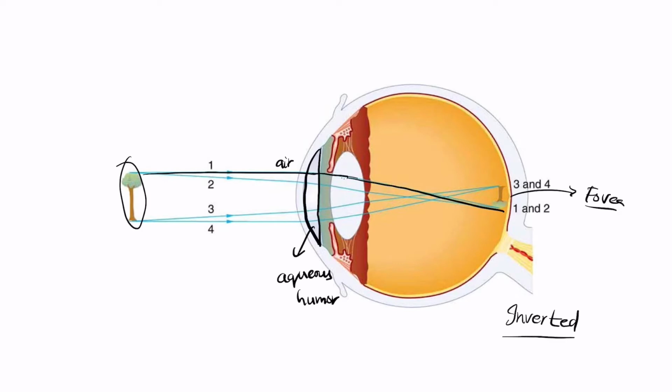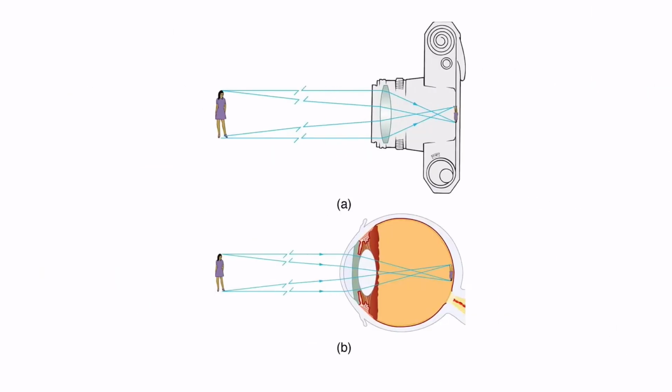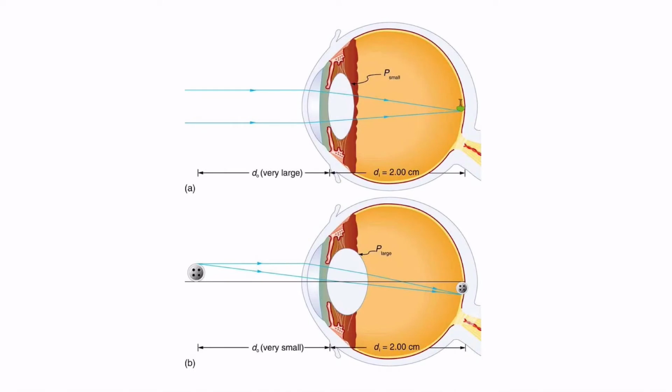So the image that actually hits your eye is inverted. This is the idea behind the way in which your eye detects the objects that fall on it. It's similar to a camera. A camera does the same exact thing. It inverts the image and captures the image on the sensor. The sensor here in your eye is the fovea. But the adaptation of your eye is its ability to see things that are really far away from you and things that are really close to you as well. It does this by adapting the power of the lens.